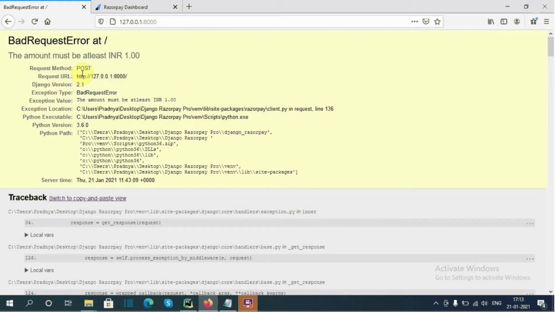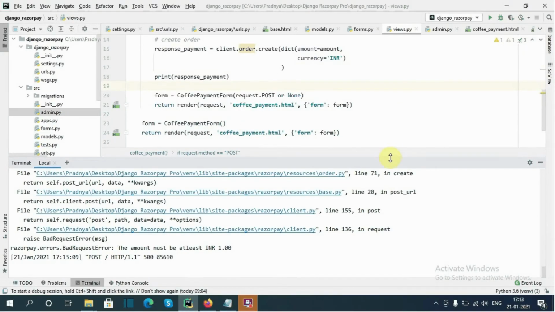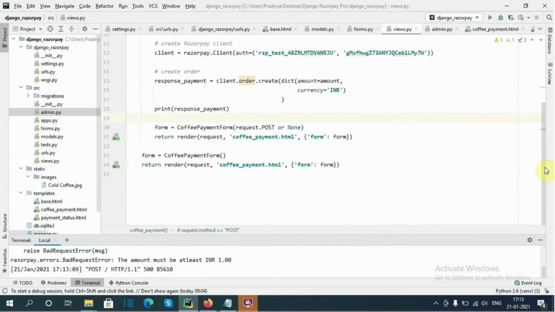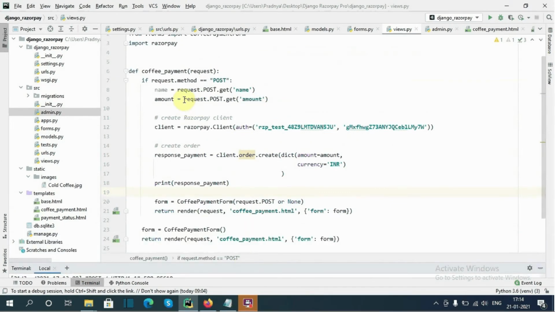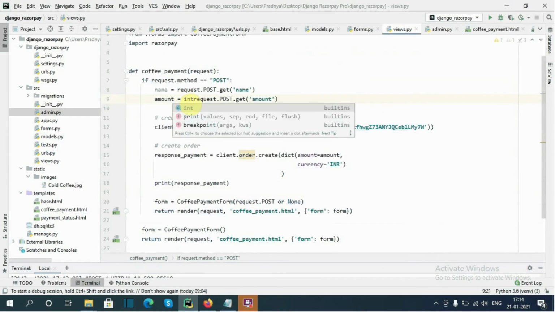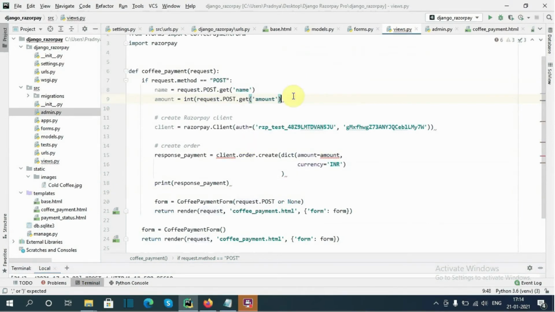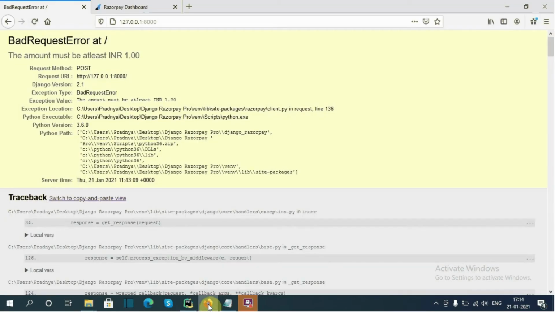To consider that amount in paise, we have to multiply the amount by 100. So here first I will convert this to integer and then multiply it by 100.